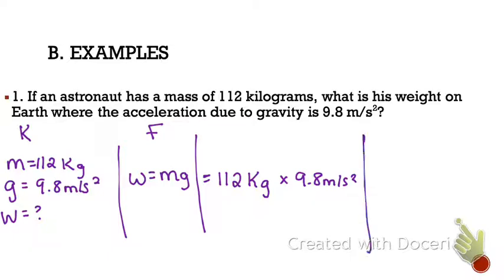Just like we saw yesterday in my video reviewing the F equals ma equation, with acceleration you do not square the actual value. It's squared due to the acceleration's unit. So that's my plug-in. Finally, we're left with solve. This is an easy problem. You just have to multiply it out. We're going to take 112 times 9.8. That's going to give me an answer of